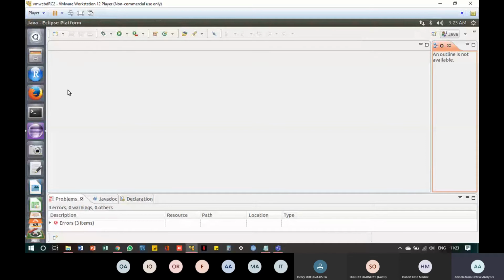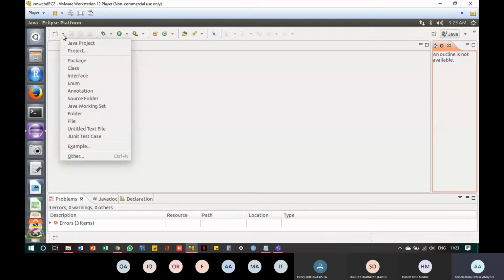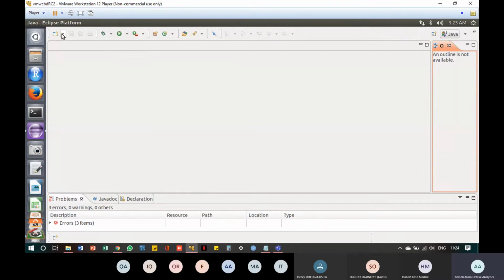So I want everyone to right click on the interface at this edge of your Eclipse platform. There's an interface here. So I want you to right click on your interface and select new. Just let me know if you're not following. Right click on your interface and select new. So that's what I should do, but I can't do that now.